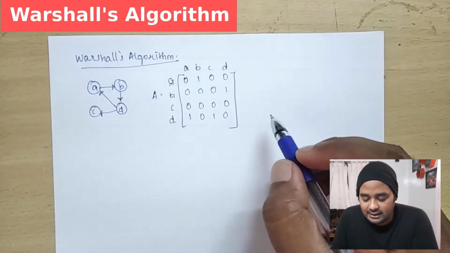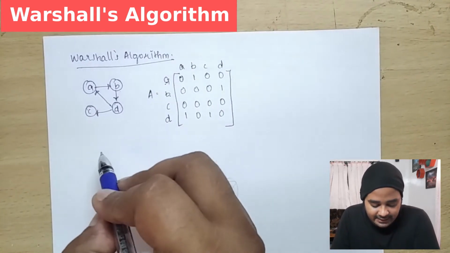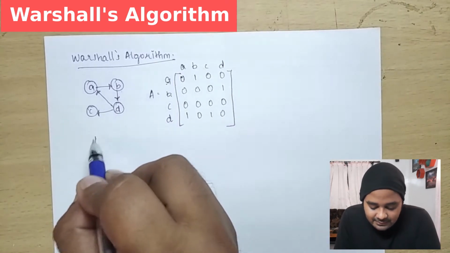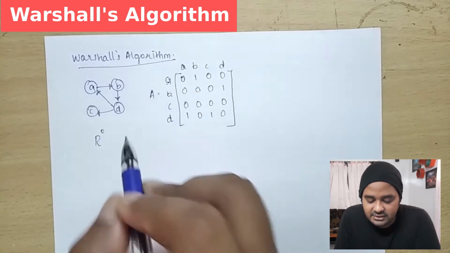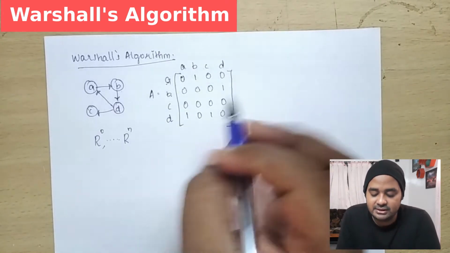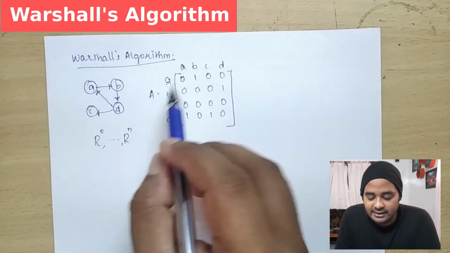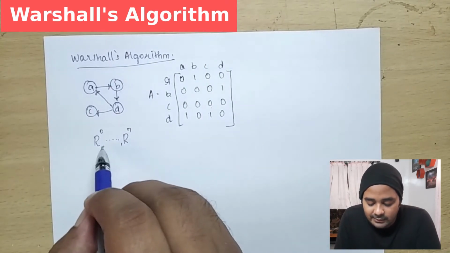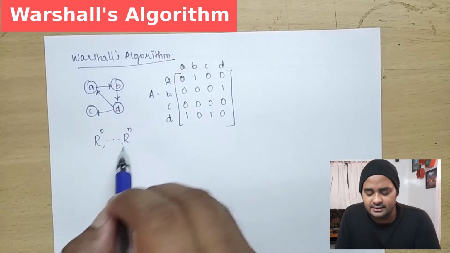Here, how Warshall's algorithm performs is that we have to construct a transitive closure matrix. The transitive closure matrix is a sequence of matrices, which means we start with R of 0, and then you will have R of n transitive closure matrices to form the final matrix, so that we identify whether there exists a path from A to A and all the other paths. I will be constructing the R matrices.